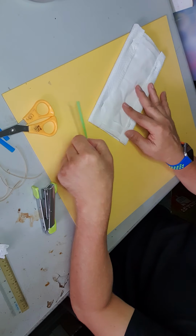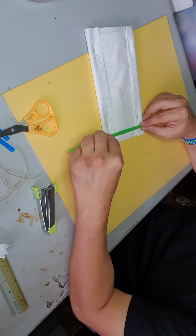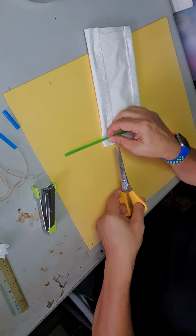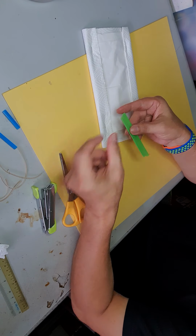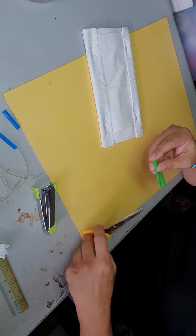So what you do, you're going to cut into the required dimension like this. It can be a bit shorter, you trim it. Measure almost the same length. Okay, fine. So what do you do with it? Now